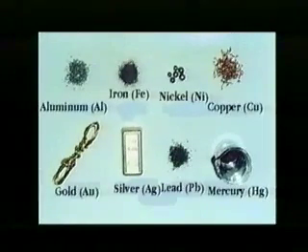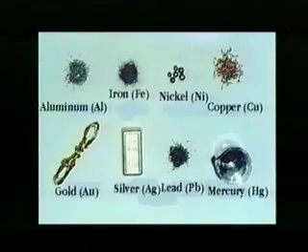Down here we have gold, symbol Au, silver, 99.9% pure silver metal here, symbol Ag. Lead, a blackish looking metallic element, symbol Pb. And finally over here mercury, and of course its symbol is one of those that's sort of unique, the Hg,